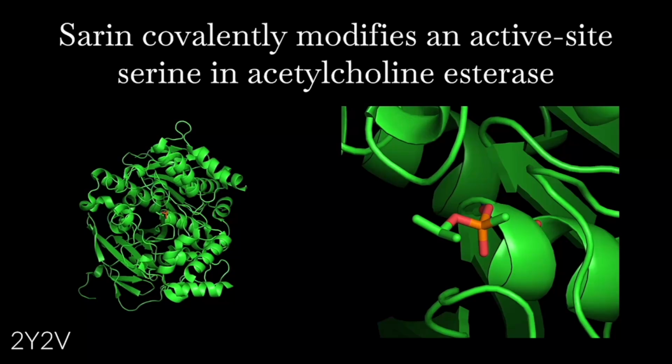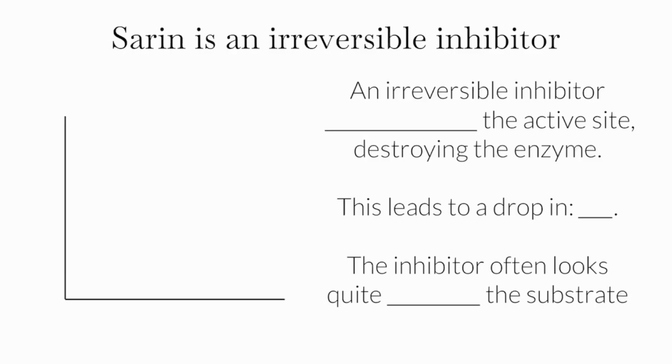And it does so because when the sarin goes into the active site, it starts doing a catalytic cycle. It undergoes a nucleophilic attack, but then it never resolves. So if you think back to the serine protease, at one point there's the N-terminal peptide that was cut off, hanging off of the serine. Imagine if that never came off. If that never comes off, the enzyme never recycles back to its starting state, and you've destroyed the enzyme.